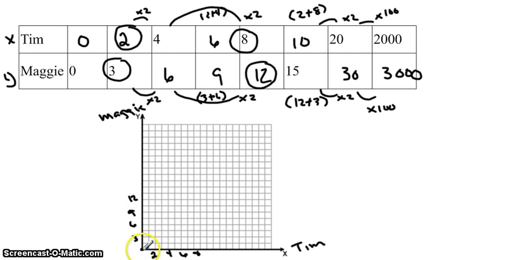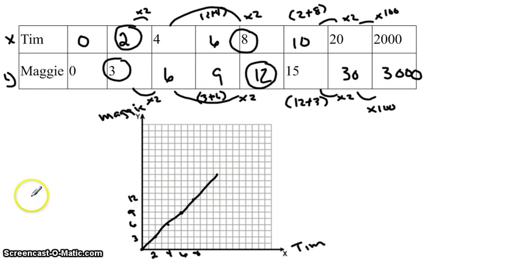And I graph 0, 0. I'm going to graph 2, 3. I'm going to graph 4, 6. I'm going to graph 6, 9. And I can graph 8, 12 here. And I can see that they make a straight line. So I know that I have a ratio table because I've maintained equivalence, and the straight line proves that I